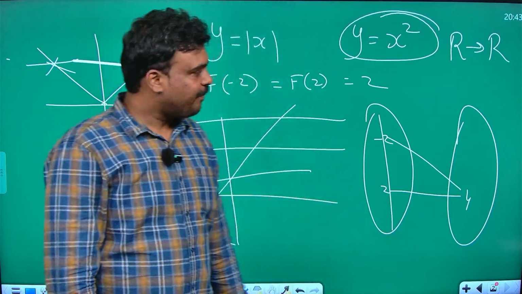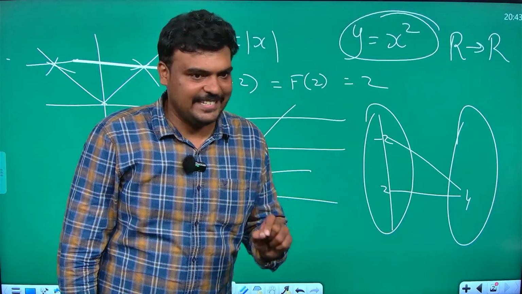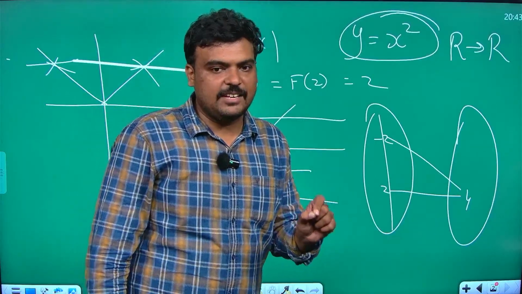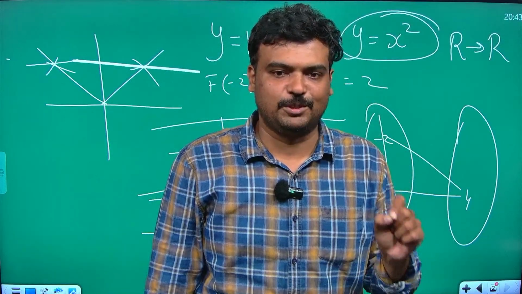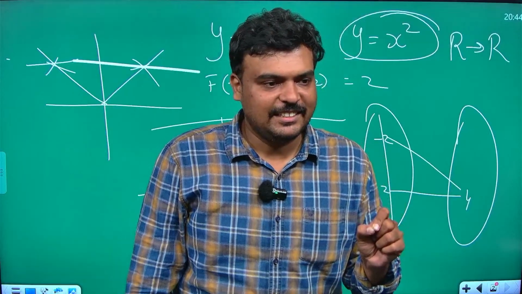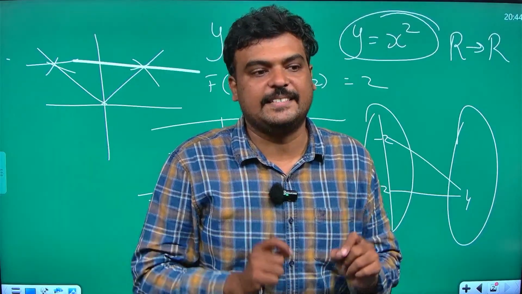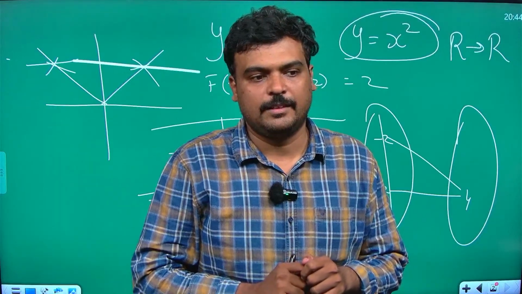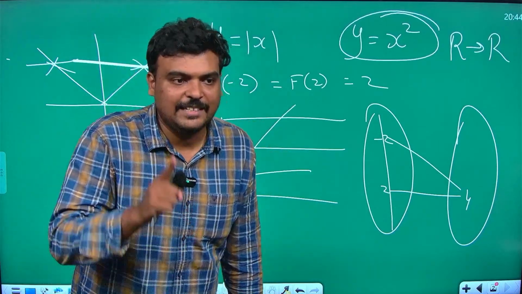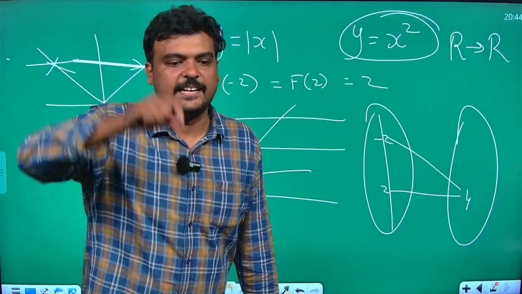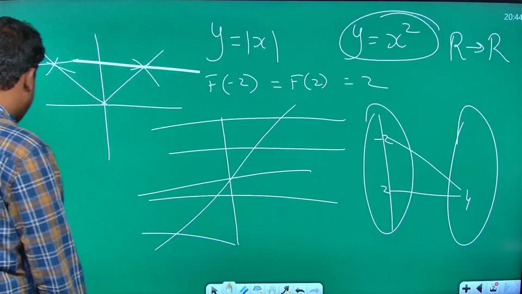Sir, but I told greatest integer function. See, when a function's input and output are not defined, என்னோட டொமைனோ கோடொமைனோ நான் சொல்லலைன்னா, that function will be treated as a real valued function. If the function's input and output are not given, then it will be treated as a real valued function. It means the input is going to be a real number, and the output is also going to be a real number. Guys, are you getting what I am speaking about?